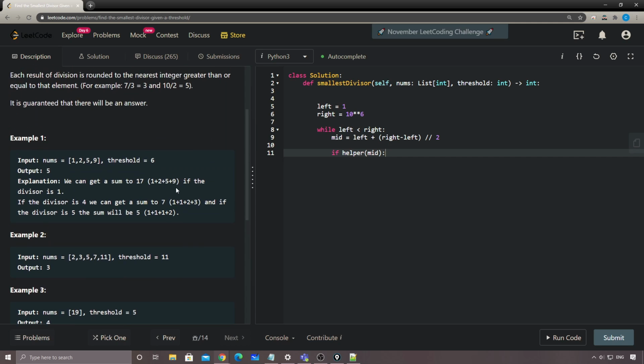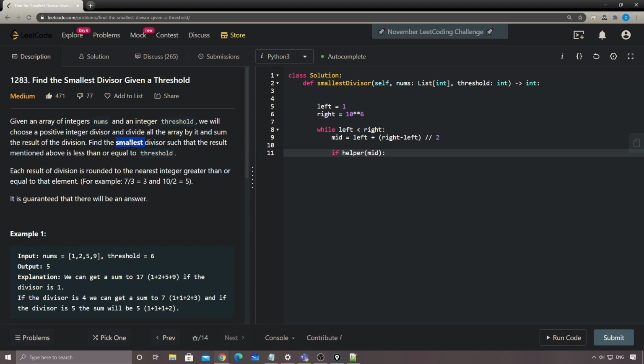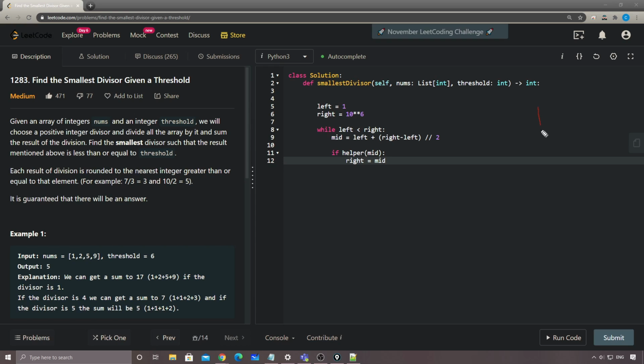Now it's time to go back to the problem. Since the problem is asking us to find the smallest, if you guys have seen my other binary search videos, every time the problem is asking you to find the smallest, it means that we have to set the right to the middle. Same thing, if it asks us to find the maximum or the biggest number, when the helper is true, we have to set the left equal to middle, because we're setting the right equal to middle as if we're trying to push this right